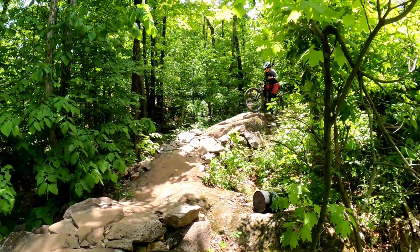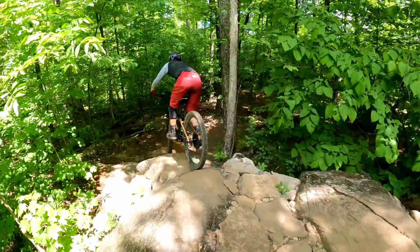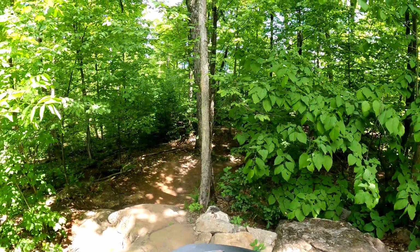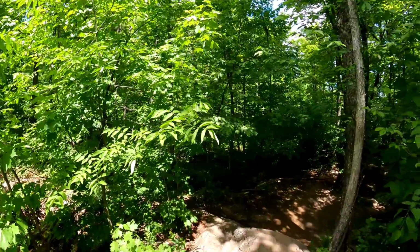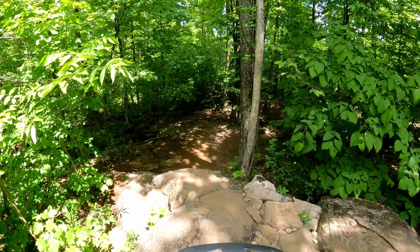Here's attempt number 4. So Roxanne's gonna come on the outside, open the corner. By opening the corner, by riding around to the outside, what that allowed Roxanne to do there was, from this point, you can straight shoot it. This is the outside of the corner. If you're